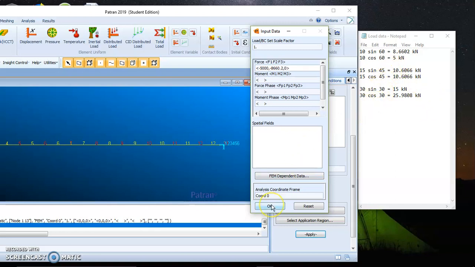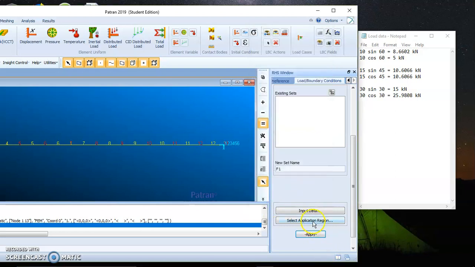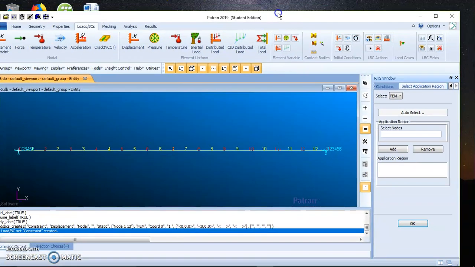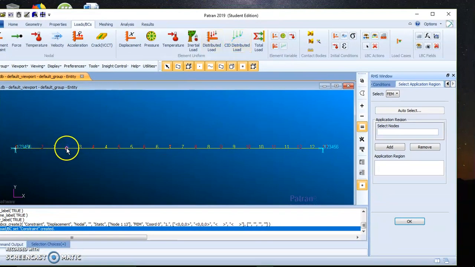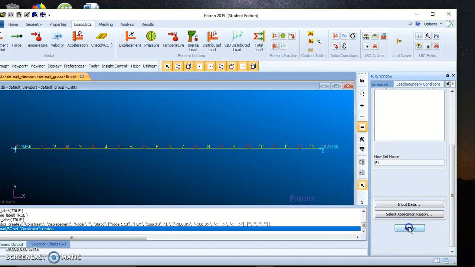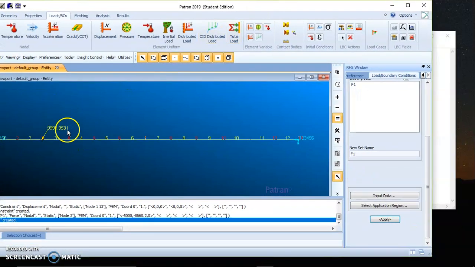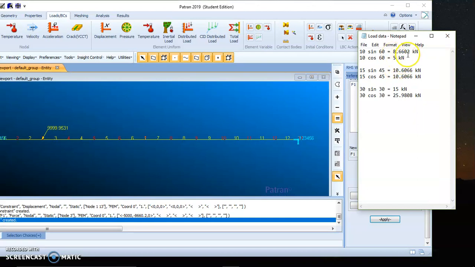Let me check. X and y are given. Okay. Select application region. I must select the third node. Add. Okay. Apply. So it's almost 10 kilonewton, 9.995. That's alright. If you consider the digits properly, then probably you will get 10 kilonewton.